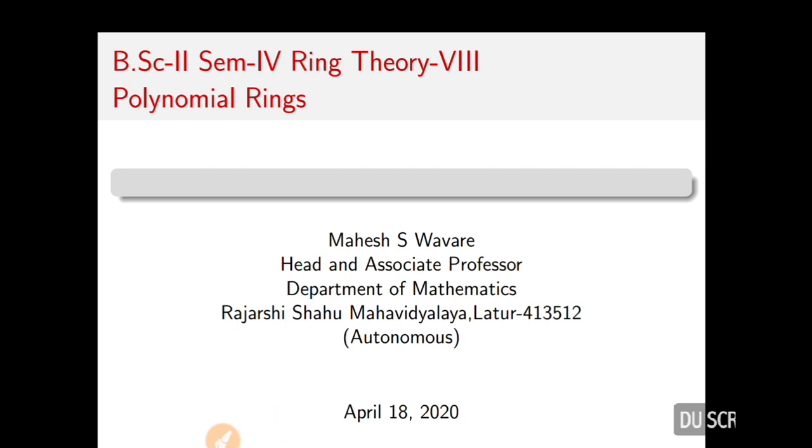A ring has two binary operations, one is addition and the other is multiplication, on the elements of that set. Under addition it is an abelian group, under multiplication it is closed and associative, and together with these operations the distributive property holds. If there is a one, that ring is called a commutative ring with unit element. If it is commutative, then it is called a commutative ring with one, if one belongs to that ring.